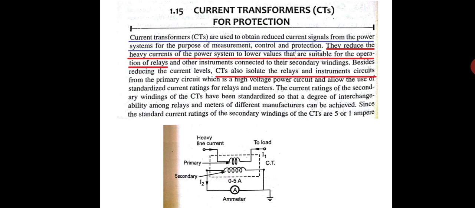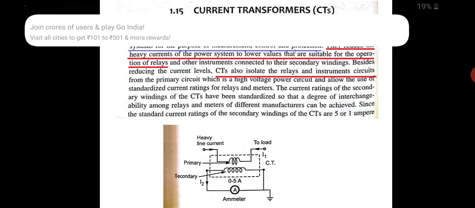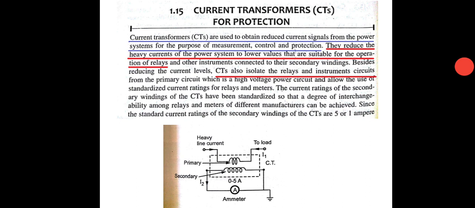The primary is isolated from the secondary. The primary part is the very high voltage and very high current side, whereas the secondary side is stepped down in current. On the secondary side we measure the voltage and current. The measurement is done by the relay. It will take a decision whether to operate or not, whether to break the circuit or make the circuit with the help of the circuit breaker. So all the protection scheme is on the secondary side. The primary circuit is the high voltage and high current side.